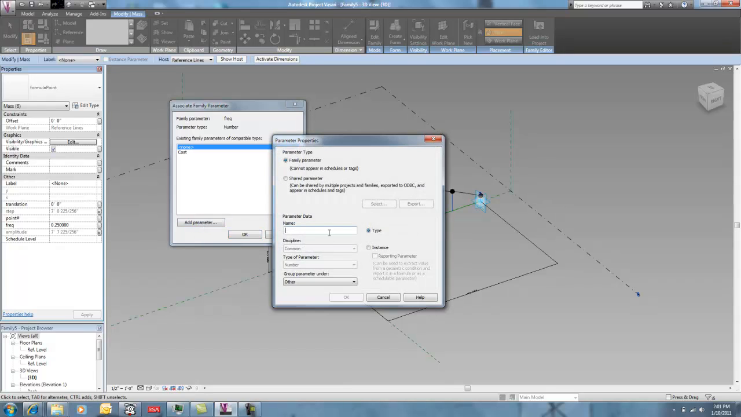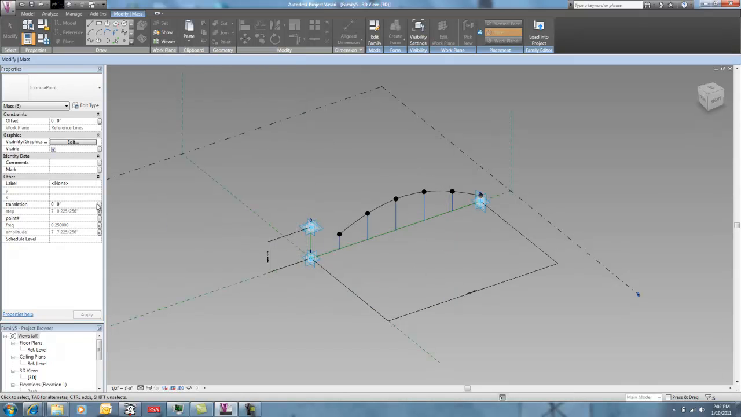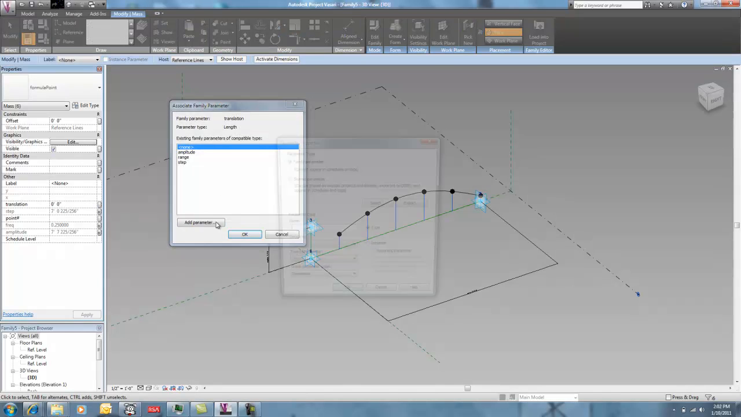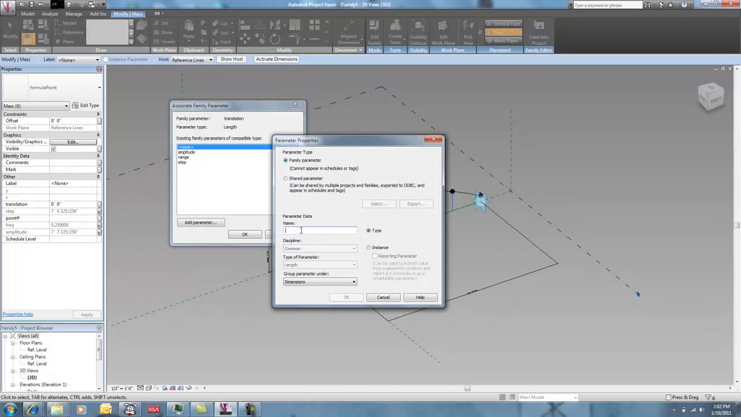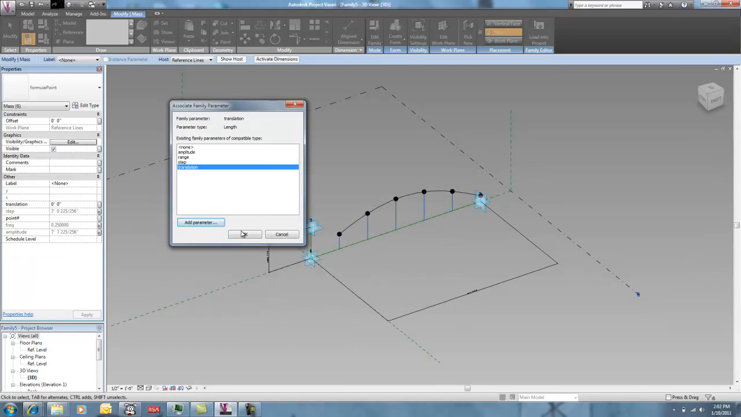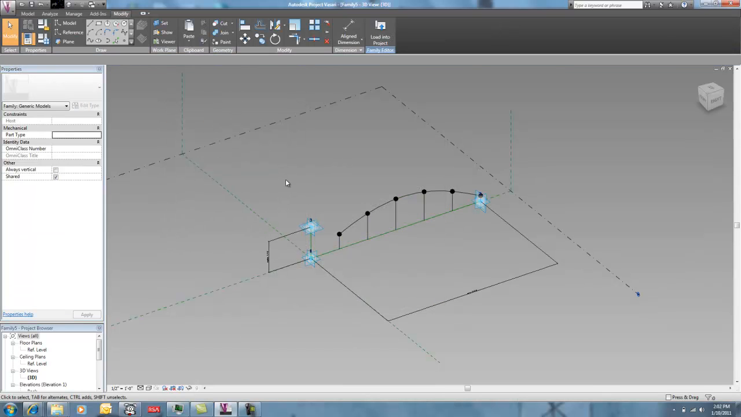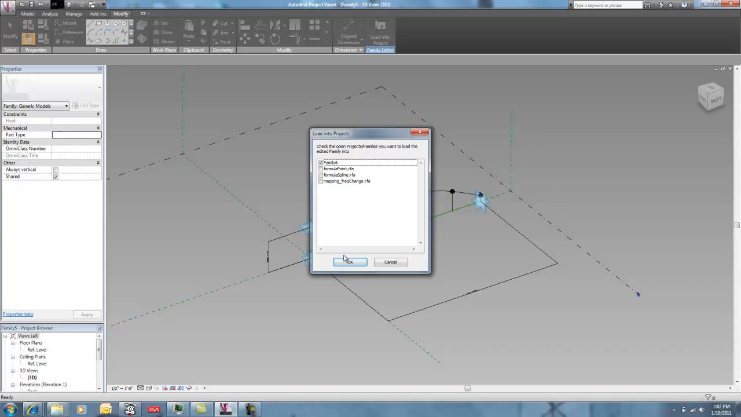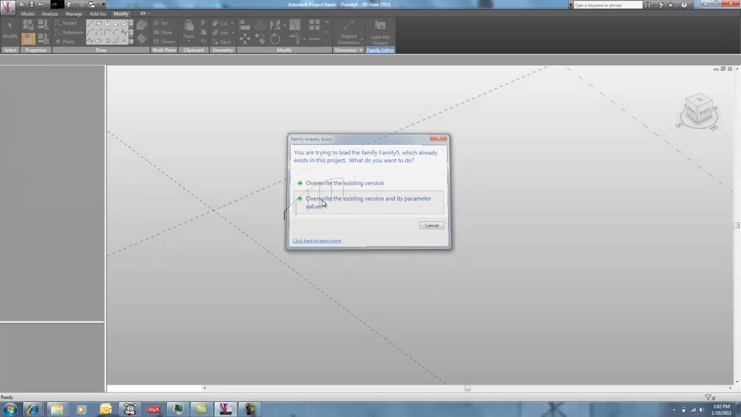I can add a new parameter that is frequency, and I'll make that an instance parameter too, although, well, let's make it a type just to show you that you can. And I'm also going to add a translation, and let's make that a type parameter too. And that is going to be translation. What this will allow me to do now is that if I load this back into my project, family 6, over at the parameter values,